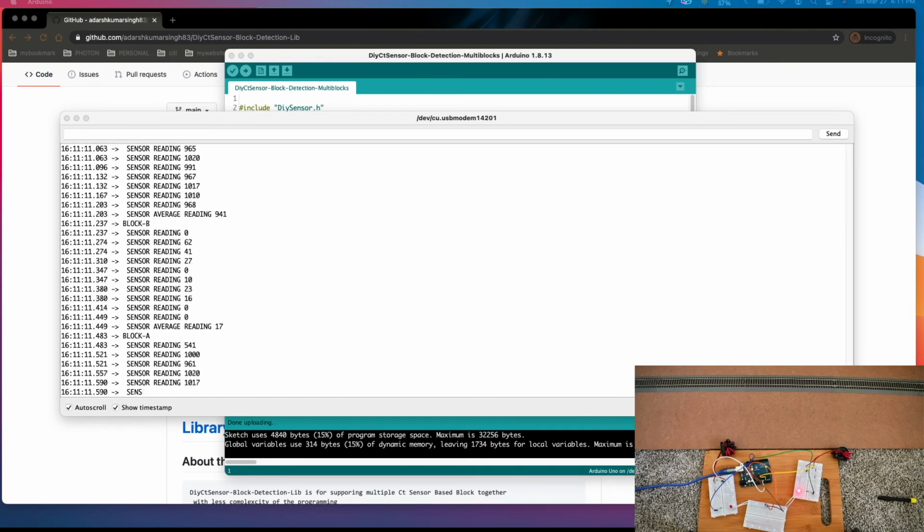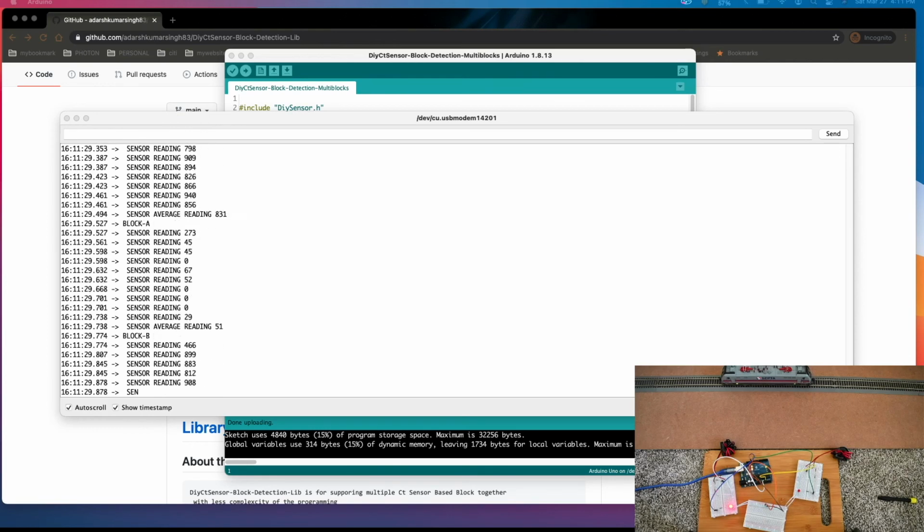I'll bring back the locomotive to block B, and I'll keep it idle for some time.